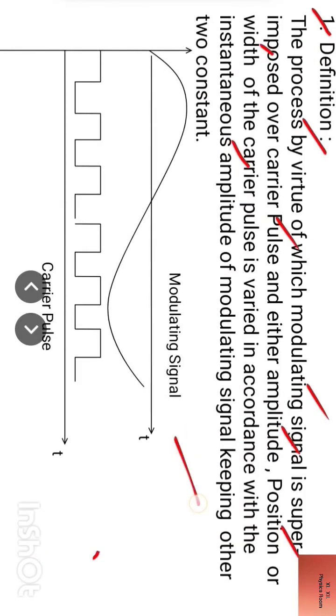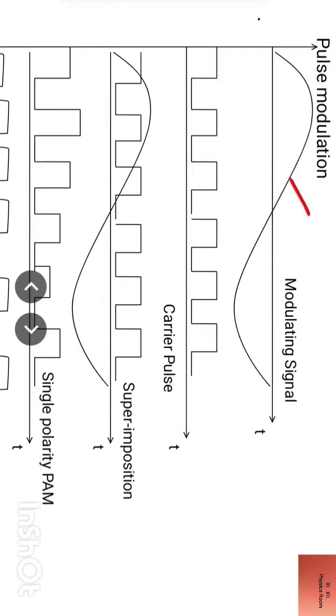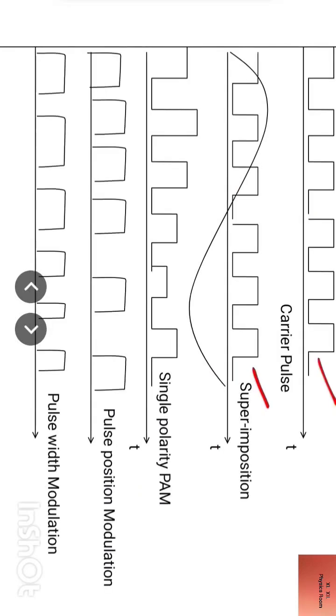Now look at this diagram. This is the modulating signal and this is the carrier pulse. Now this modulating signal is superimposed over the carrier pulse. Let us look into the next slide. So this is the modulating signal and this is the carrier pulse. Here the modulating signal is superimposed over the carrier. Now here